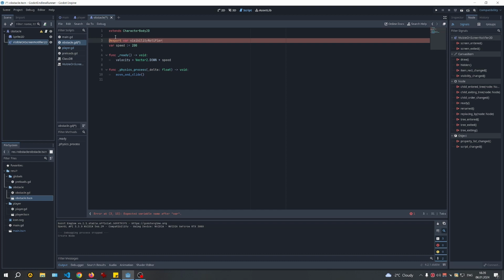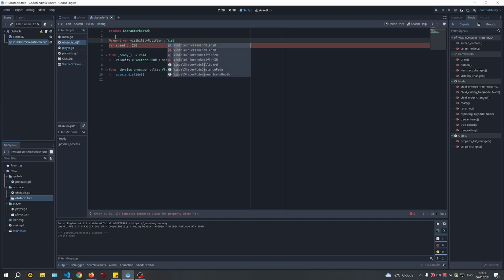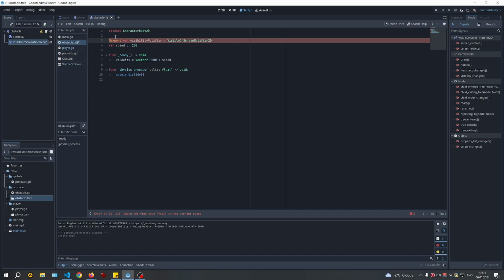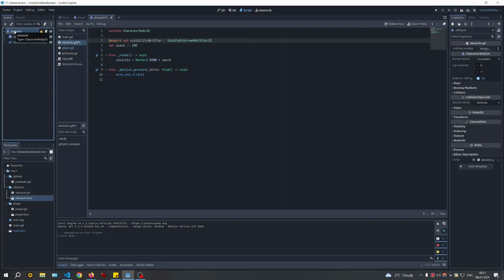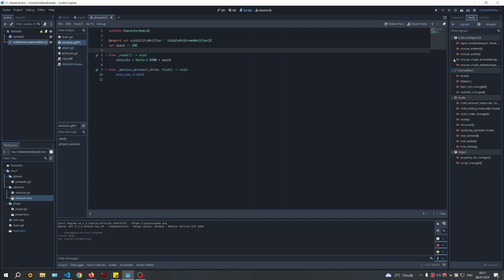visibility notifier. This one will be of the type VisibleOnScreenNotifier. Remember, if you mess up, you will get an error, and that's it. And we need to assign a node. Okay, we need to press in here, and now we can drag it in here. And a quick digression: why the signals weirdly disappear if you connect them from here and there are some